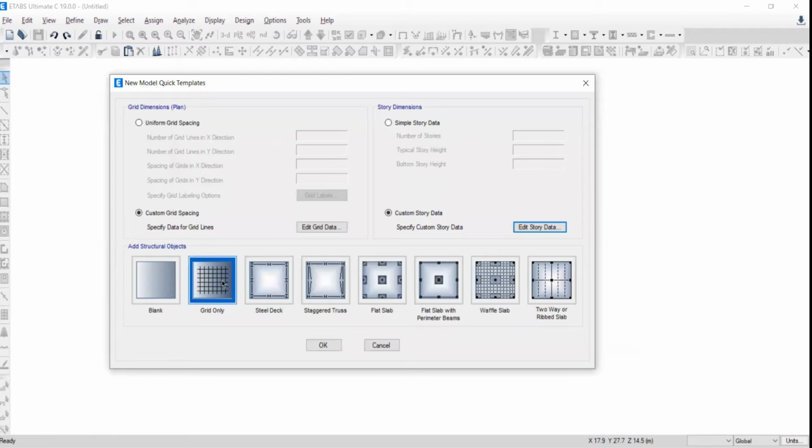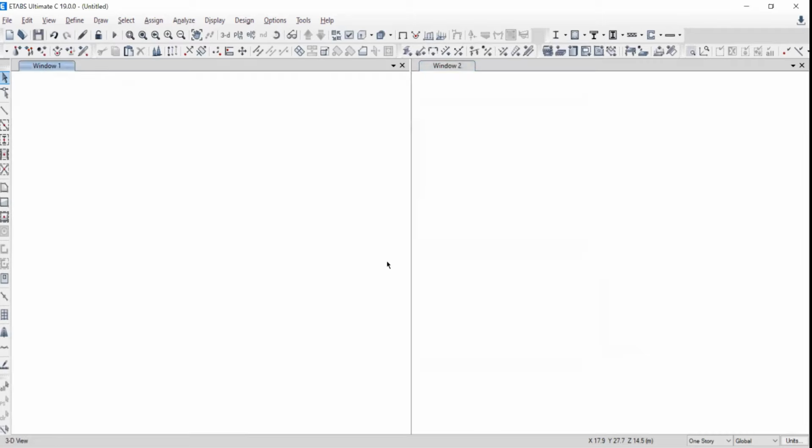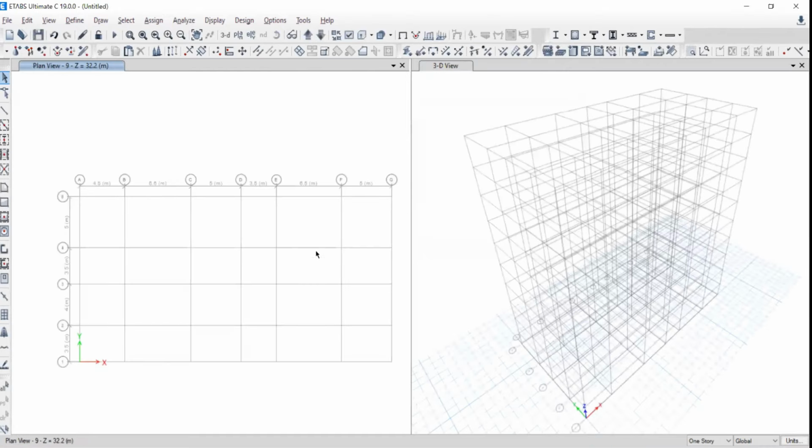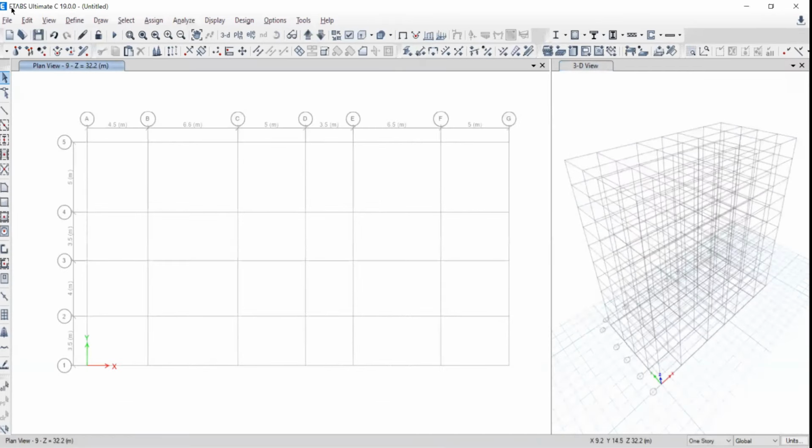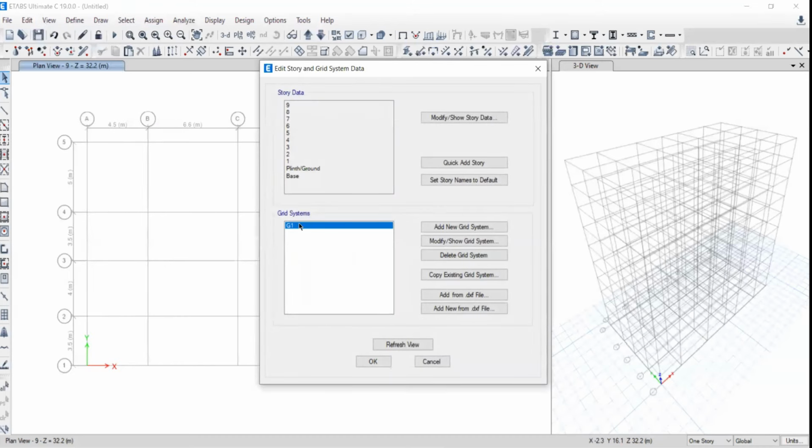Now I want to have the grids. So click over this grid. Let's say simply okay. Once you click over these grids, now the definition is available here. Your grid lines are now available here. Again, if you want to do any modification, go to editor, go to edit story definition. Over the plan definition, if you want to change the grid definition,